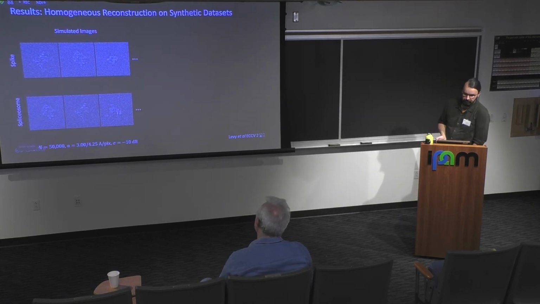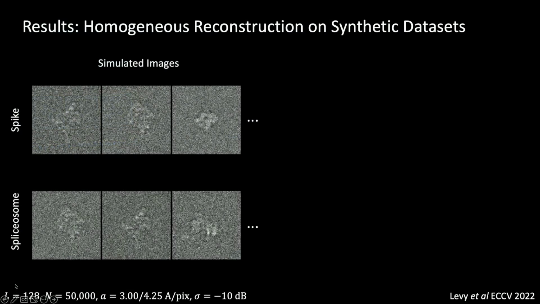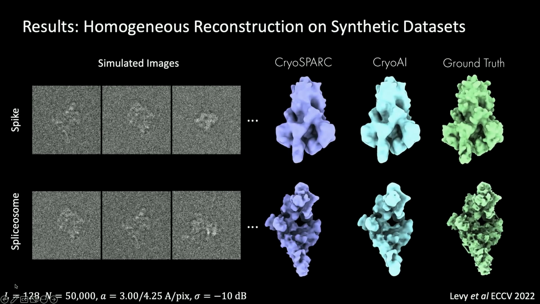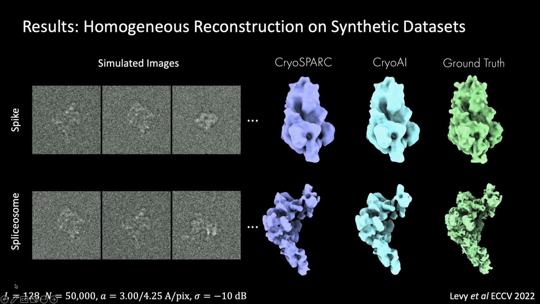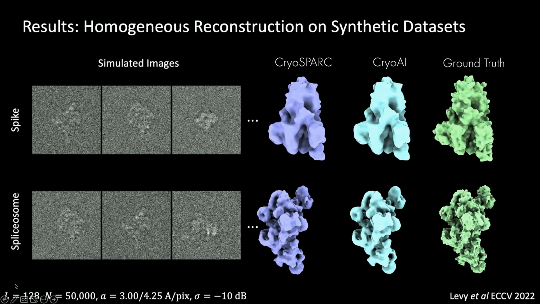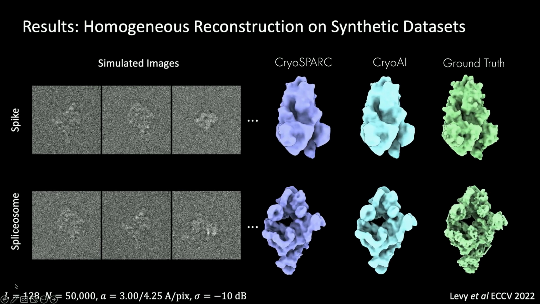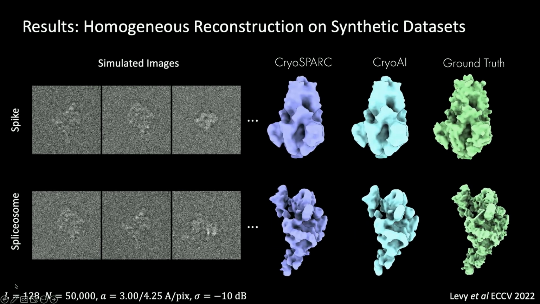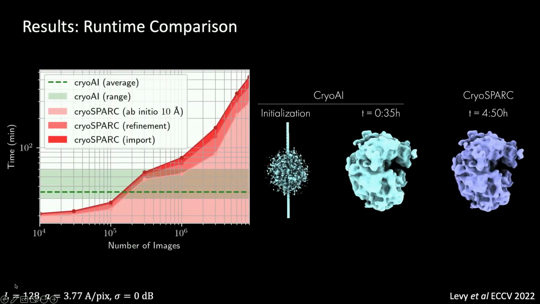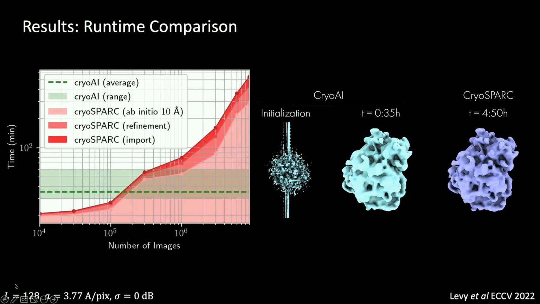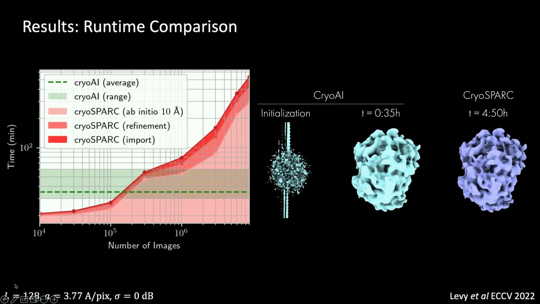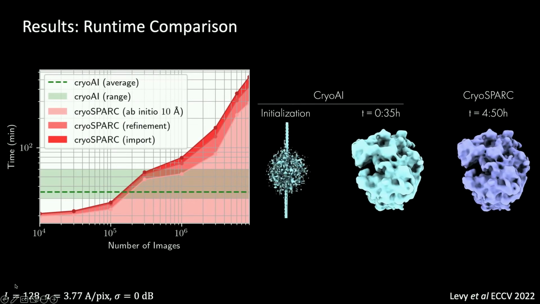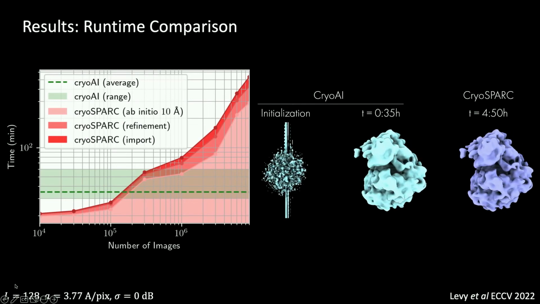So here I'm showing simulated images. Again, we started with some level of noise, starting from a PDB file on the spliceosome and the spike molecule from COVID. And essentially what we ended up with is a result that's very similar to what CryoSpark ab initio would give you. The difference being that CryoSpark is, as I said, going through a post-search approach,